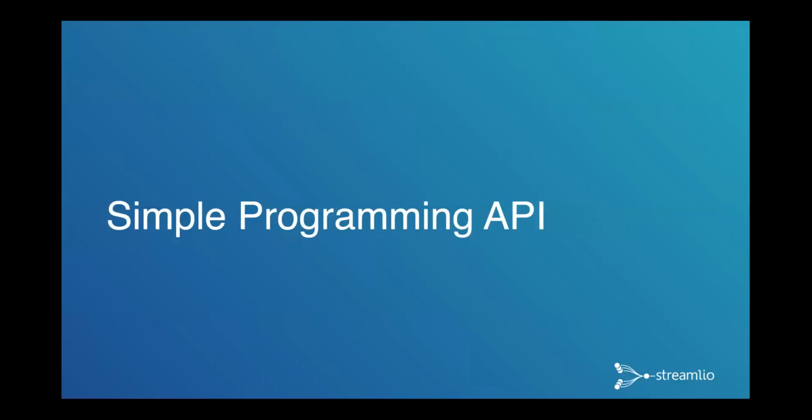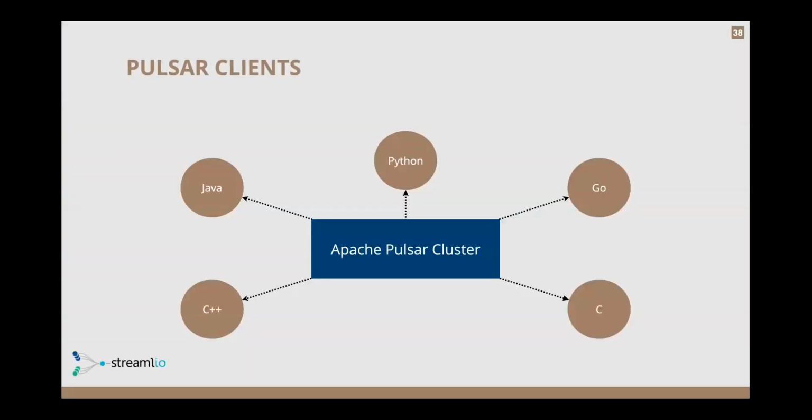It supports a very simple programming API. So now that we've put the data in the system, let's talk about how to get the data out and do something interesting with it. We support all these major programming languages right now: C++, Java, Python, Go, and C#. I've seen some other open source ones in .NET land. I've seen some come up in Ruby lately as well. So the community is growing and adding their own. But these are the ones officially supported by the Apache Pulsar project at the moment.